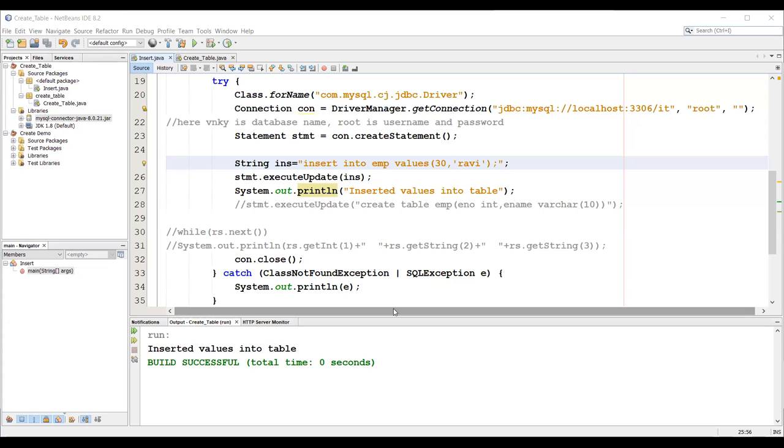But if you run the same program a second time, the table is already created, so it is going to throw an error that the table already exists. So the second time the program will not give you a success message. Be careful while dealing with the create table program.